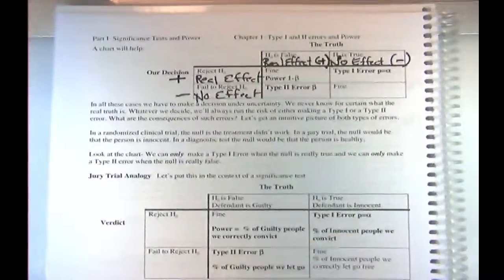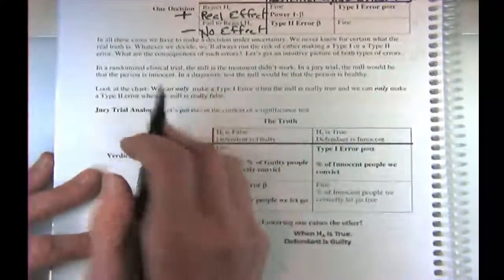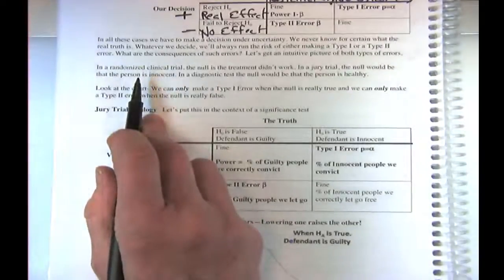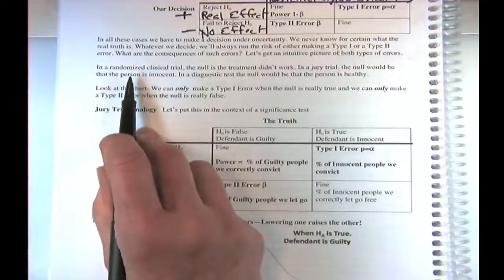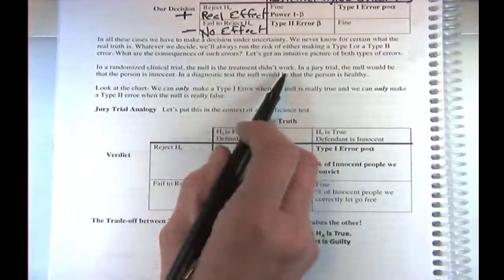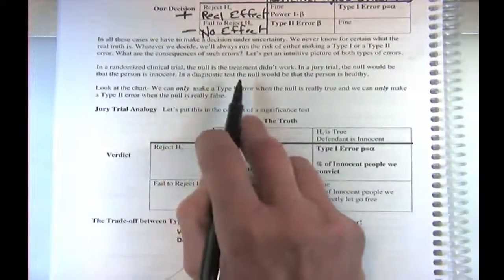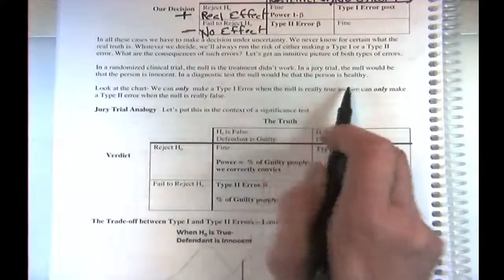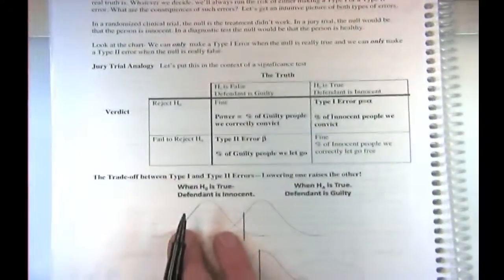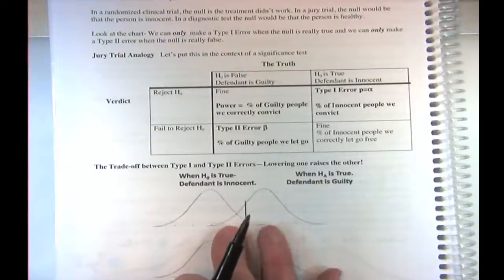And so I just want you to get a picture. We can use this sort of reasoning, like in a randomized clinical trial, where the null is that the treatment didn't work. In a jury trial, the null would be that the person's innocent. In a diagnostic test, the null would be that the person is healthy, etc. All right. Why don't we just skip down and look at this situation where, let's say